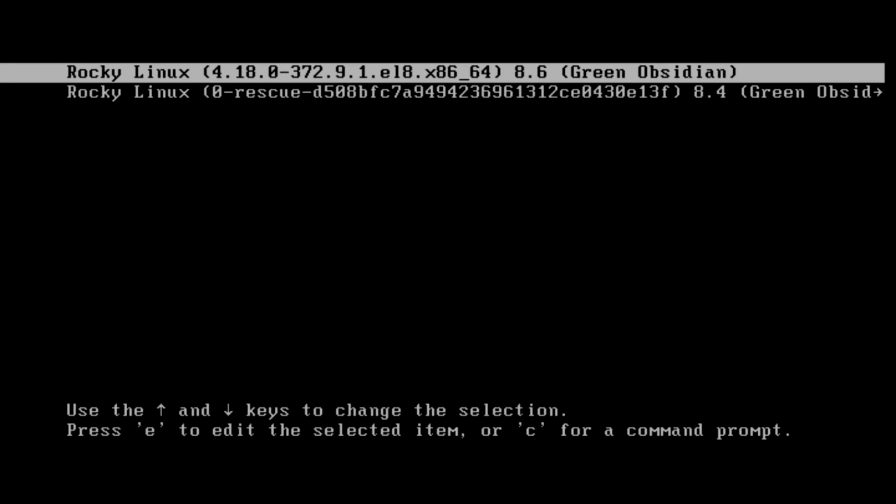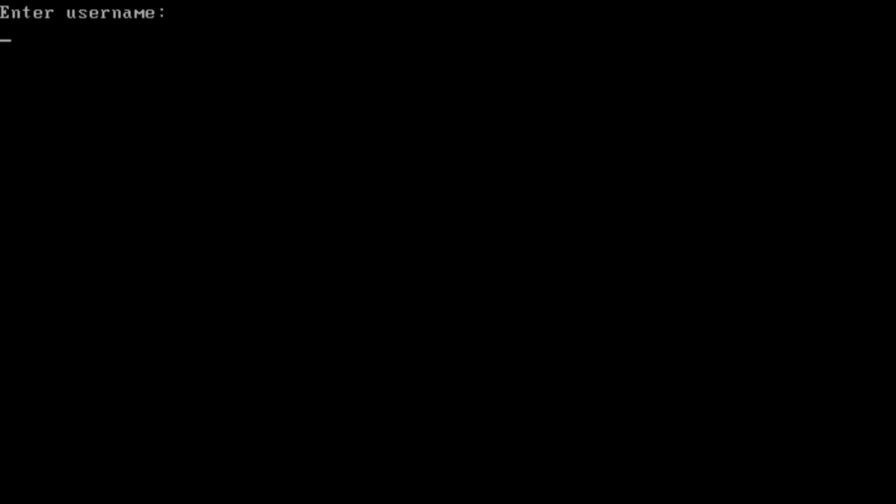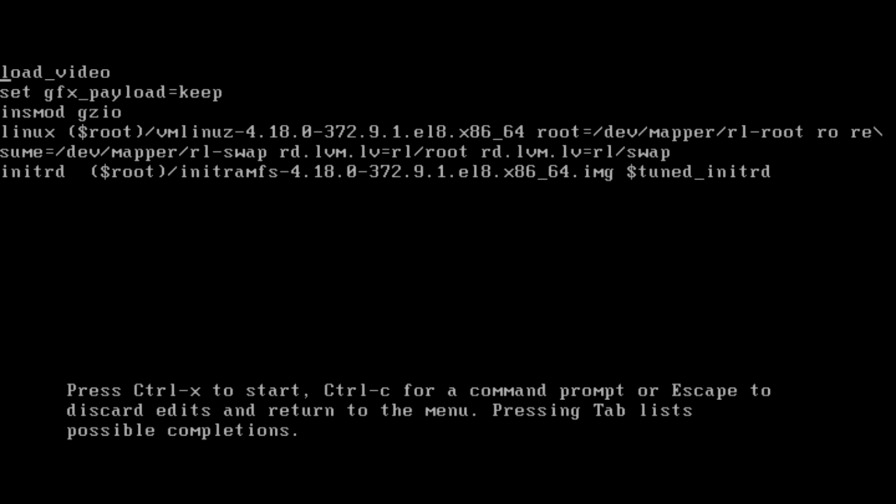Okay, it is not accepting the wrong password, so it takes us back to the GRUB main menu. Again try grubadmin. Now enter the correct password. Okay, now we have access here and we can make changes.